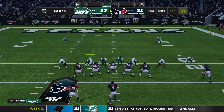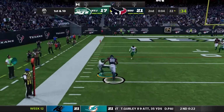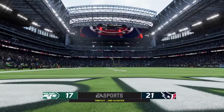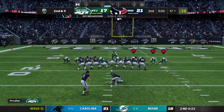Not good there for the rookie Zach Wilson. Had a really good game last week. Has been really good for the past few weeks. This will be tackle made there with 2 seconds left, ball to 17. So Houston has a chance now for a field goal to make this one